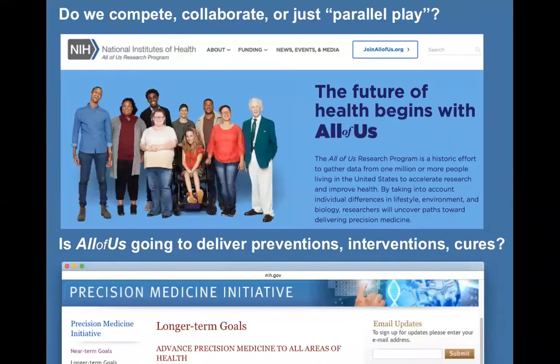Here's where we're trying to go. This is the new name for the Precision Medicine Initiative. It's now referred to as All of Us. It used to be called the Precision Medicine Initiative. All of Us maybe is a little safer since it's not making any claims of precision right now. So I don't mind this change. But the idea really is to enable precise estimation of what the best intervention or prevention or treatment is for you based upon your genotype and your environment. And that's going to be a pretty long haul.